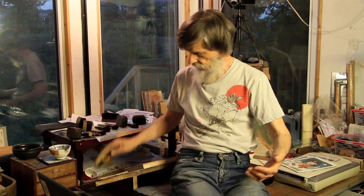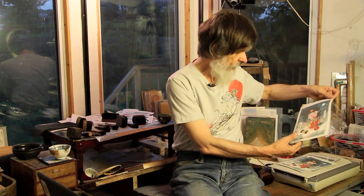It's kind of a disaster here this evening. There's brushes, tools, pigments, everything is just as I've left it after the day's proofing. And the workshop's normally very, very clean, but proofing day is simply mix this, try this, mix this, try this. And there's no time to run and clean up after every step. Once the day's work is done, I think we've had actually a pretty good day's work here with this thing. Once the day's work is done, it's time to clean up and then get ready for a regular printing session